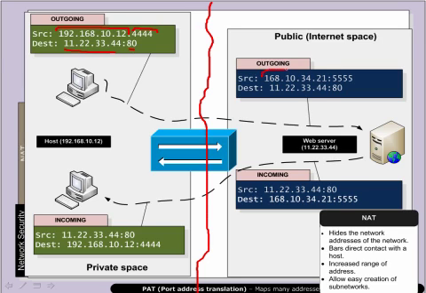So in this case, the 192 address has been remapped to a public facing address, but now the TCP source port has been changed. The destination port stays the same, and the destination address. So in this case, the NAT device has translated the IP address to a public address, changed the port, and goes to the